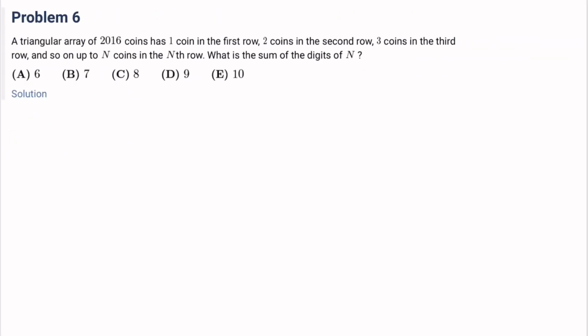Number 6, a triangular array of 2016 coins has 1 coin in the first row, 2 coins in the second row, 3 coins in the third row, up to n coins in the nth row. What is the sum of the digits of n? Okay, so 1 plus 2 plus 3 plus 4 plus all the way up to n. This is equal to,